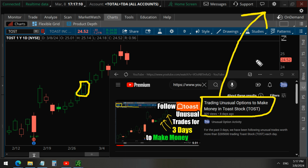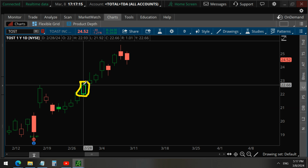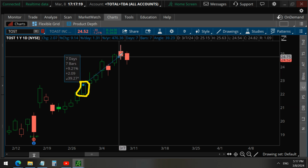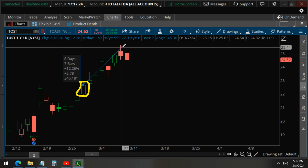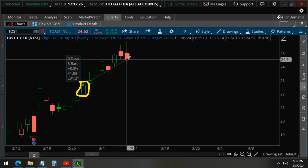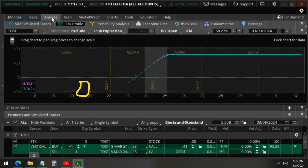So on February 28, Toast stock was trading below $23. And you can see that it went up above $23 to about 25 yesterday. Today it is 24.50. Okay, so the stock's up about 8%. And you can see our option strategy that we had followed on February 28th from this wealthy investor is profitable by about